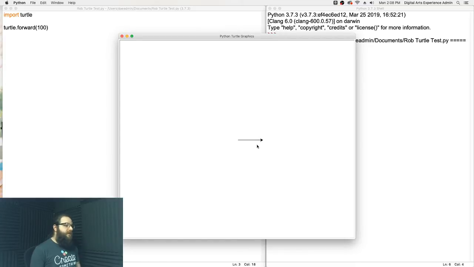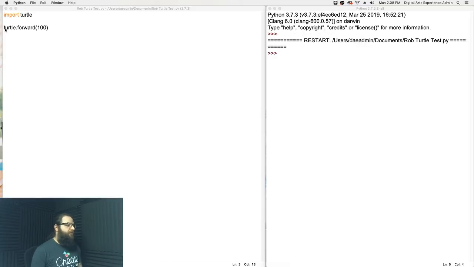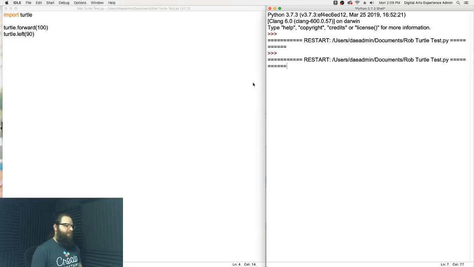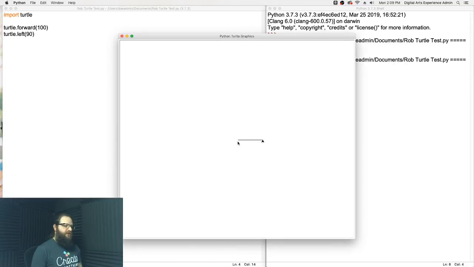But the point of this was to show you that after importing Turtle with one single line of code, I can start drawing. So before we do anything else, we're going to draw a square. If we do turtle.forward to move forward, we can say turtle.left to turn to the left, or turtle.right to turn to the right. We're going to go to the left, and the units for this function are going to be in degrees. So we're going to turn 90 degrees,